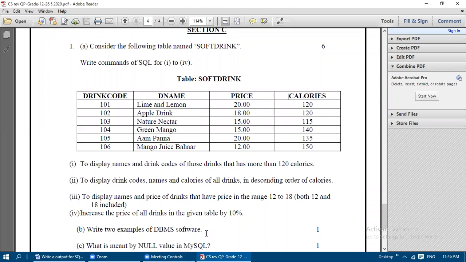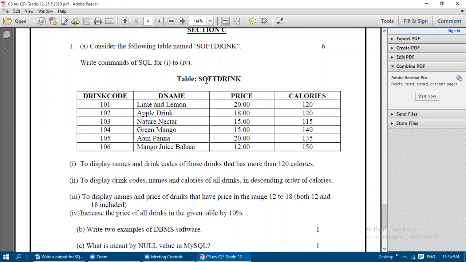Today we are going to see about MySQL exercises which is given in your book bag. So we will solve these exercises first. The table we are going to see today is the soft drink table which is available in your chapter 12 lesson. Here we need to create the table. After creating the table, we need to apply these queries.